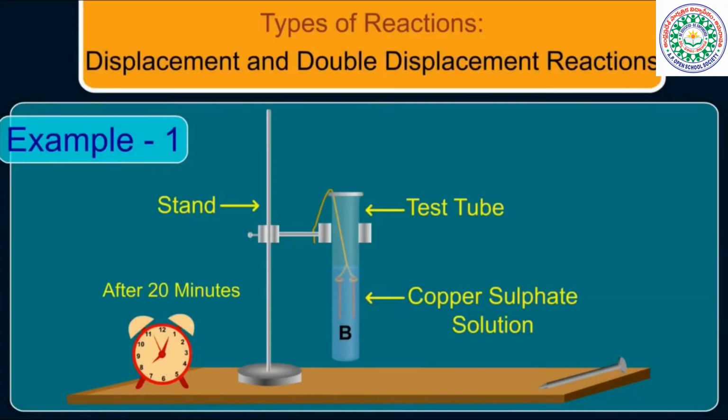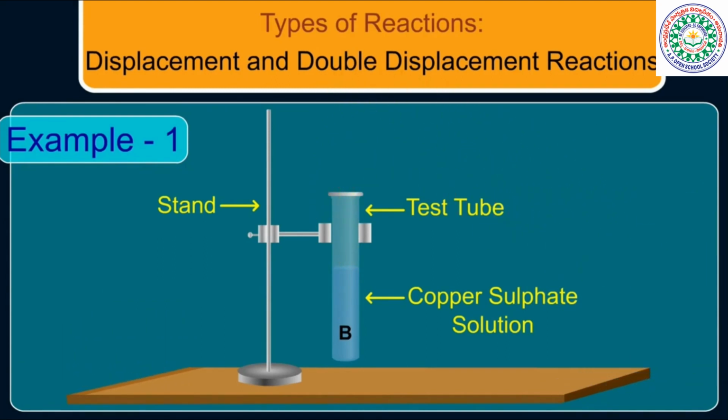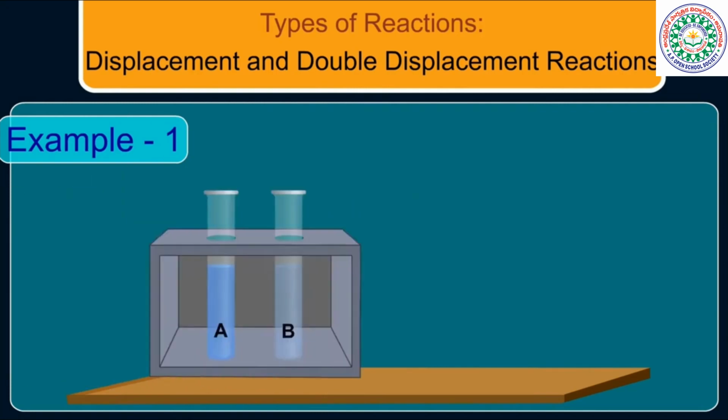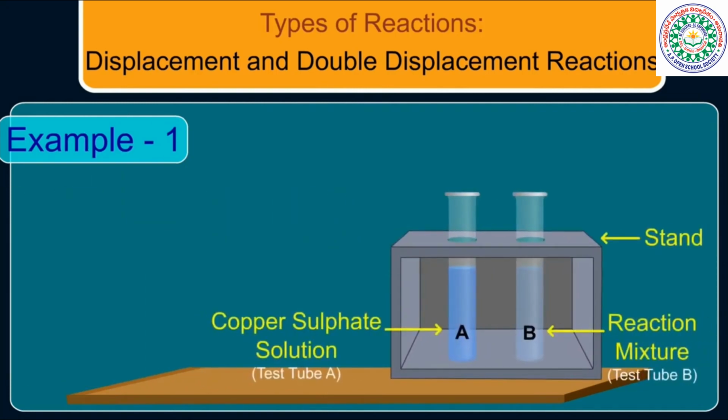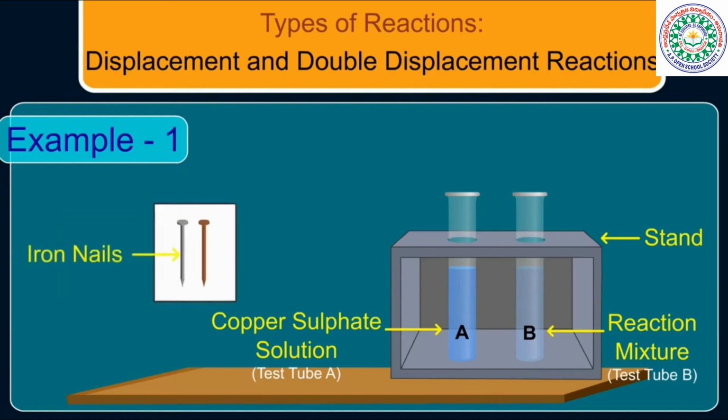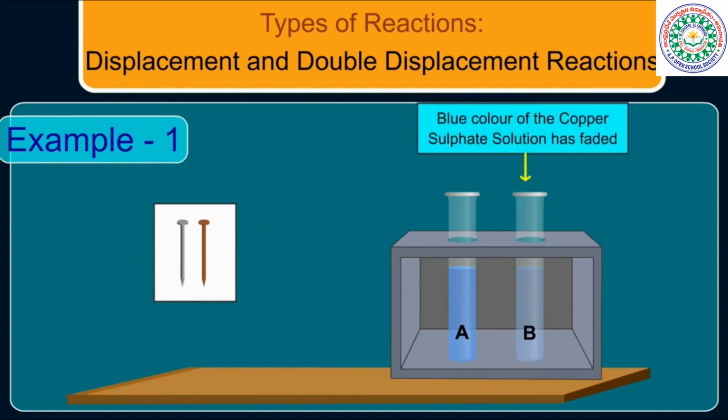After 20 minutes, take out the iron nails from the copper sulfate solution. Now, we will compare the intensity of the blue color of copper sulfate solutions in test tubes A and B and the color of iron nails dipped in the copper sulfate solution with the one kept aside. Now, we can observe that blue color of the copper sulfate solution has faded and the iron nail had turned